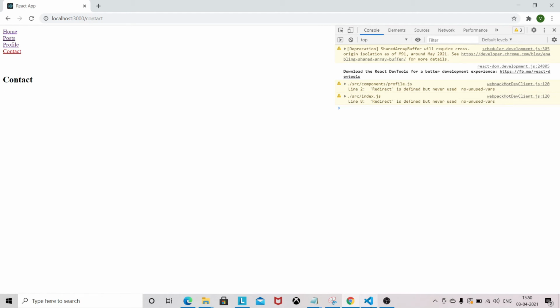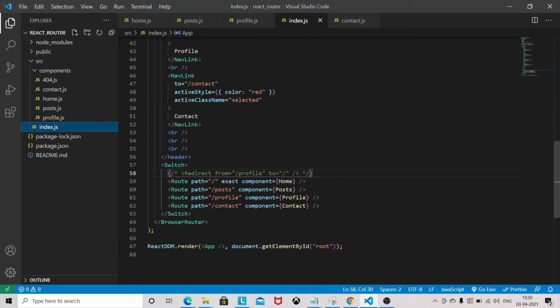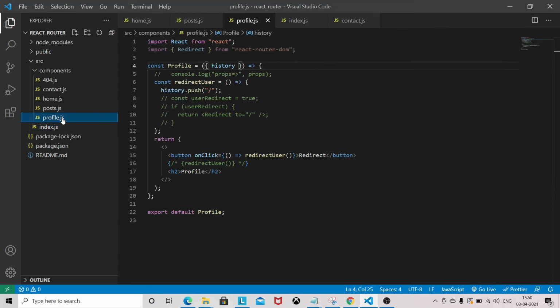This approach only works when the route is registered. Since the profile component is registered with the route, I am able to destructure the history prop. It won't work if your route is not registered.